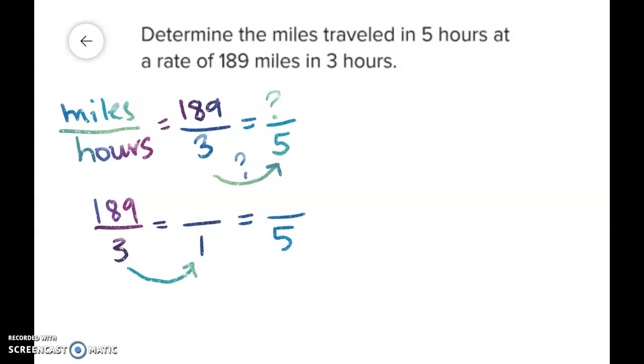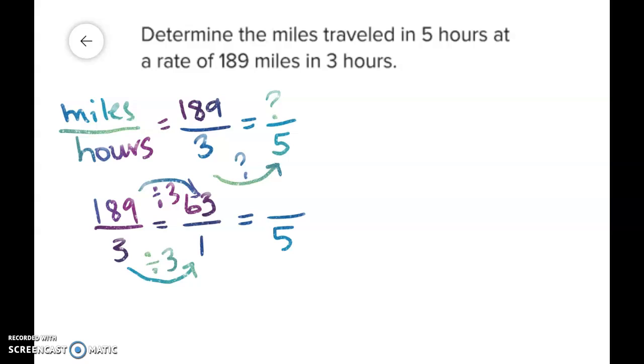How am I going to turn a 3 into a 1? Well, going from a bigger number to a smaller number means that I'm going to divide. So 3 divided by 3 is 1. And I'm also going to do that to the 189. This is a good time to get out that calculator. 189 divided by 3 is 63. So at this point, I know that 189 miles in 3 hours is the same as 63 miles in